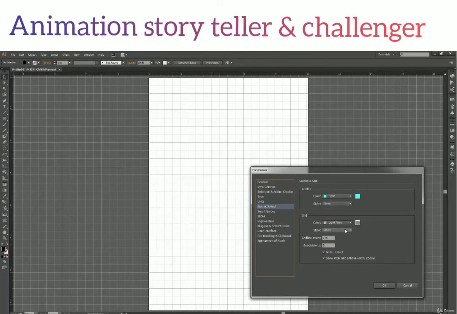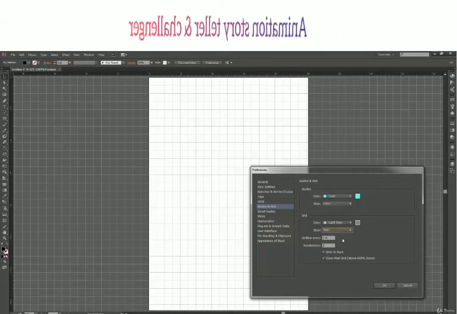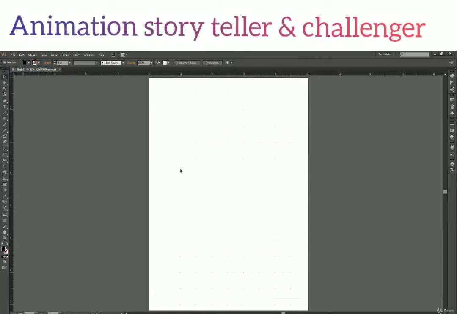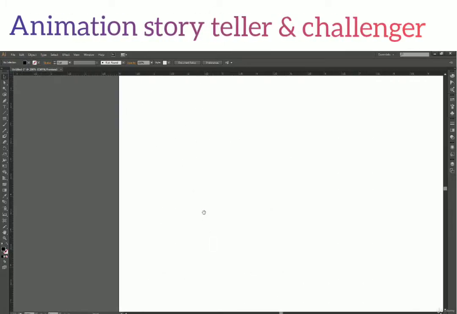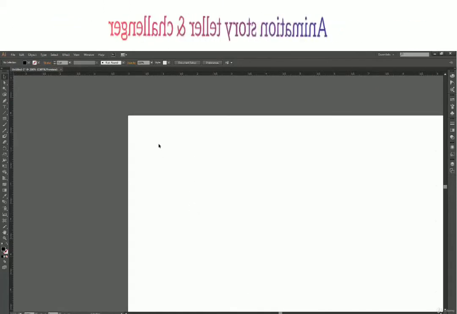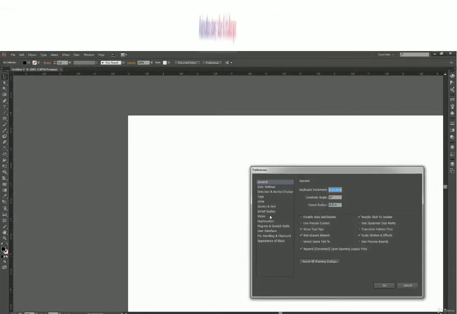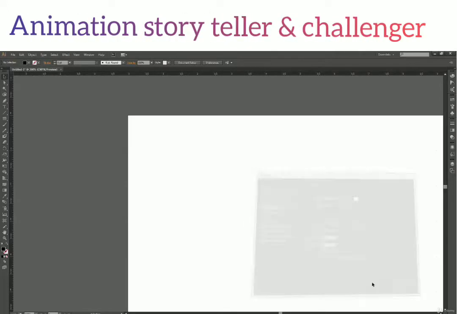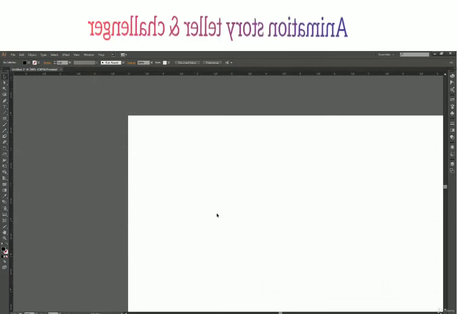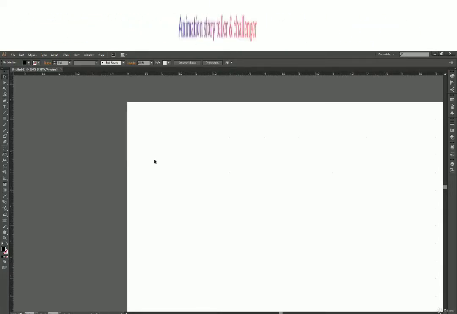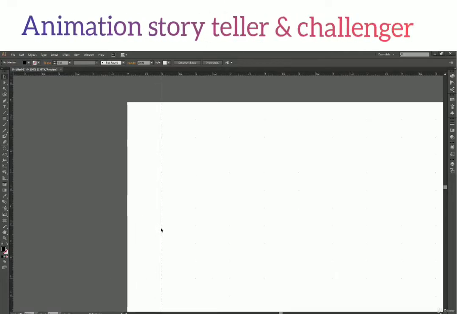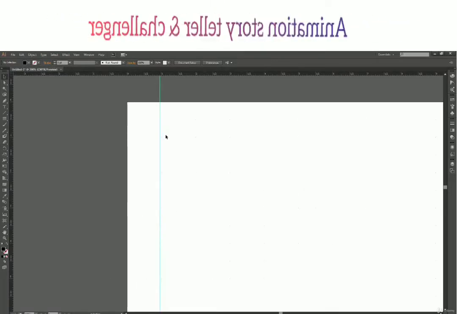Now we will come to this lines and dots. If I switch back to dots, you will notice that your lines have disappeared. Actually, they didn't disappear, these dots are over here. Let me change the color so that it's more visible over white. Let's change it to red. It's still not visible very much, but these are the lines actually. I'm going to draw a guide over here. So over here we have our line.